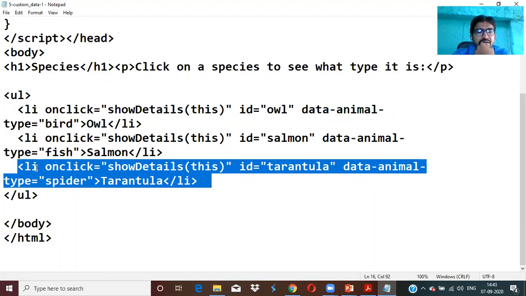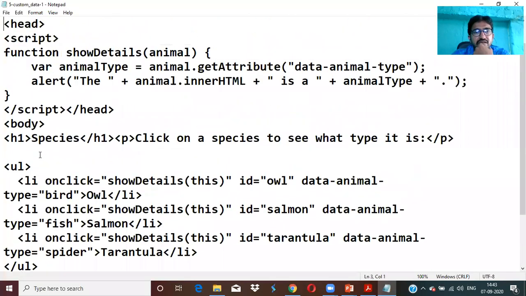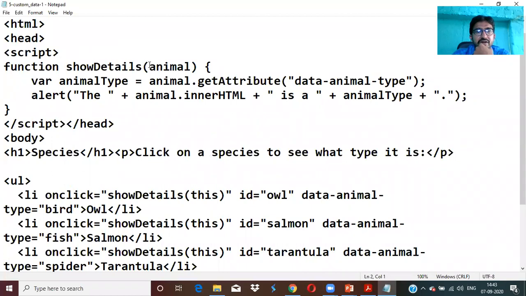Now, once it is clicked, it has to display a message like so-and-so animal. So how it gets the attributes is the function we are writing, show details of animal. We define a variable animal type equal to animal dot get attribute. Animal dot get attribute talks about data-animal-type.